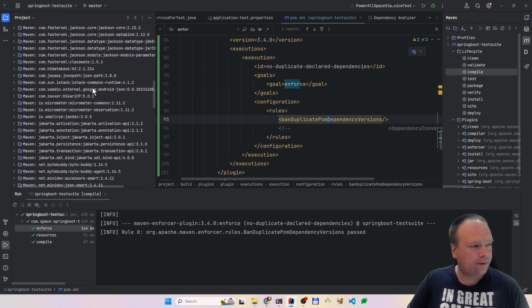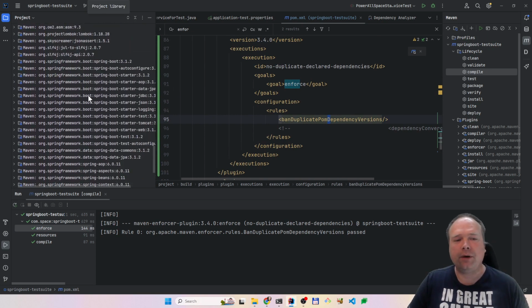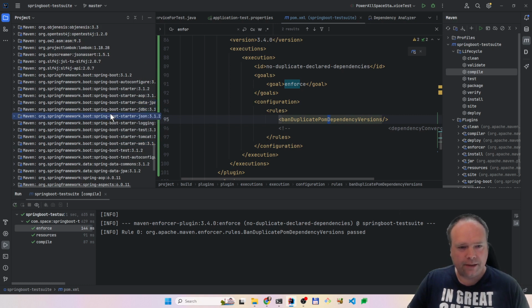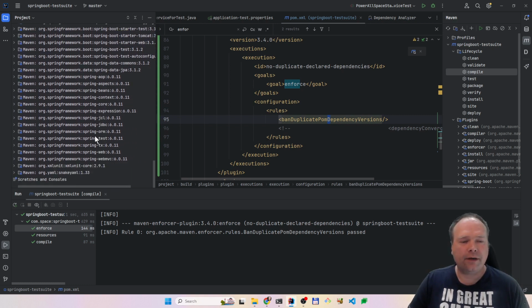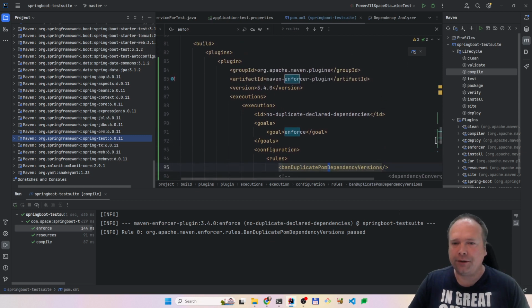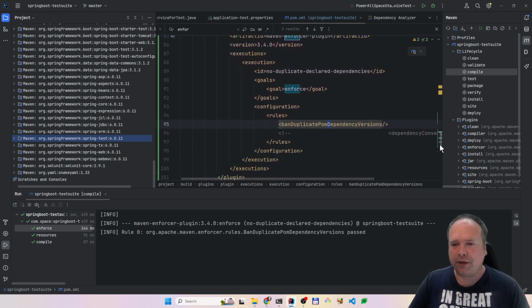Try to look on the left side right here. You have a ton of dependencies. Maybe you have your own sub-modules, your own modules, your own dependencies that you want to add, and those dependencies again have their own dependencies that they add. This can give problems sometimes when you have the same classes just in different versions in your project,